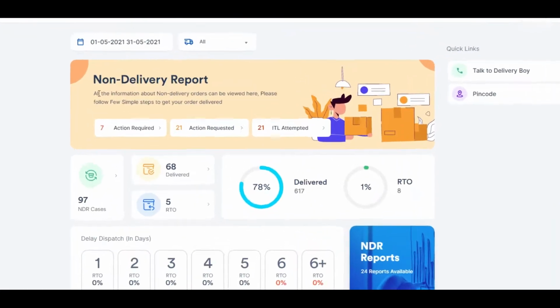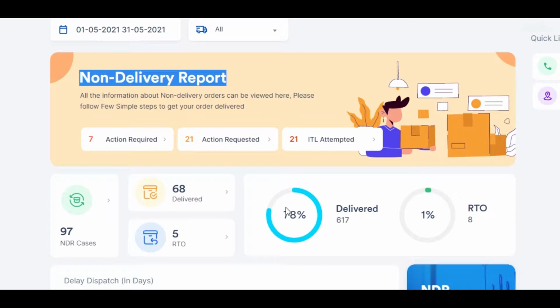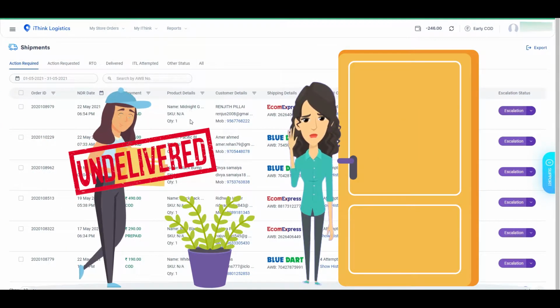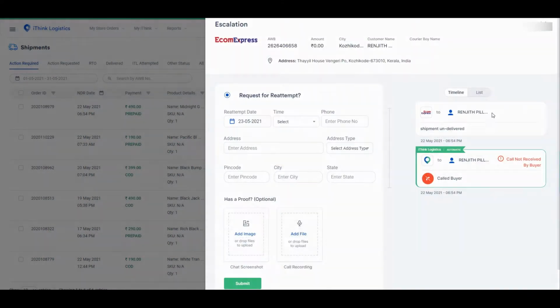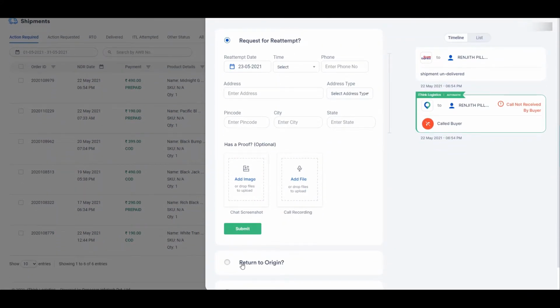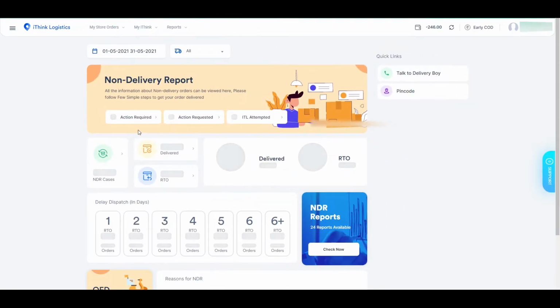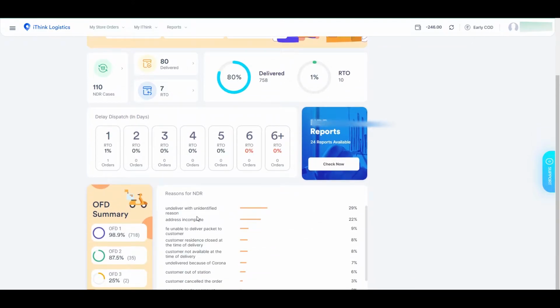Today we will be looking at NDR escalation. When an order is marked as undelivered, the same order can be seen under the NDR table. For each order, the seller can take actions such as reattempt or RTO based on the customer's response. The seller can make use of the NDR feature to find the details of an undelivered order and proceed with the action